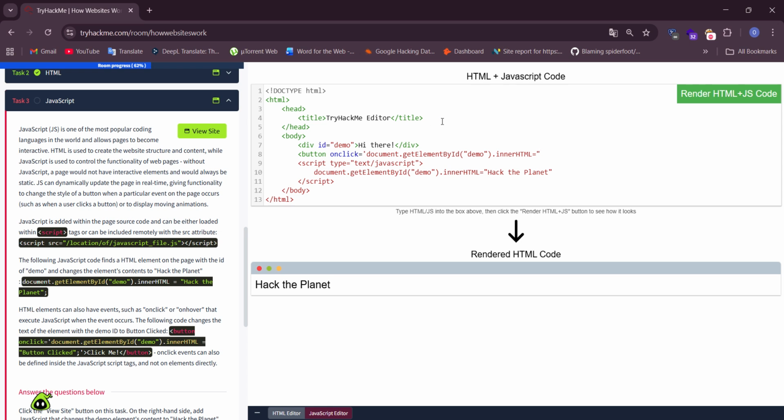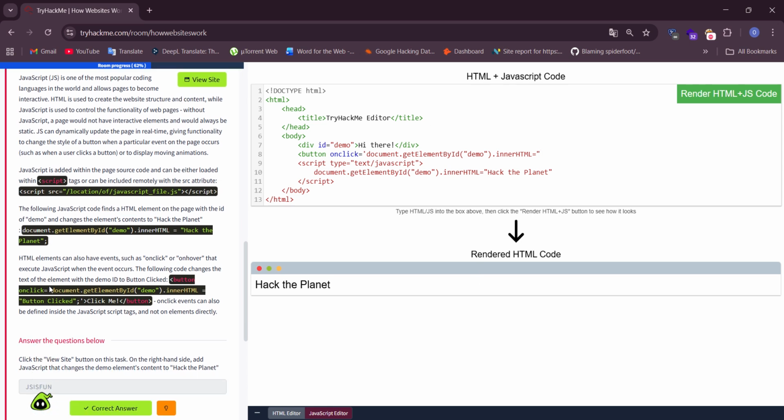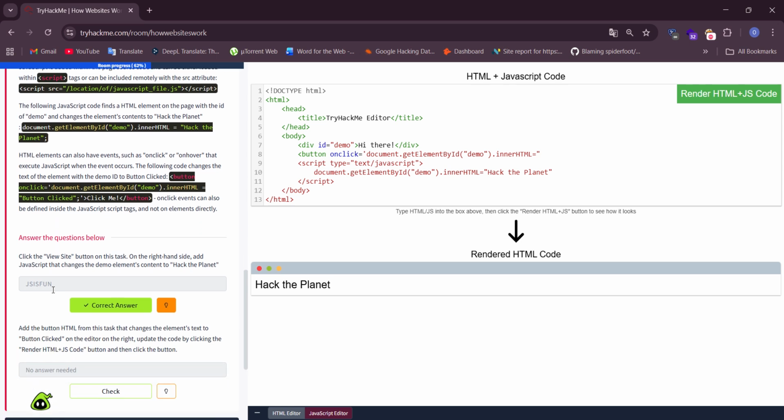And what do we write? Button click it, yes, button click it.